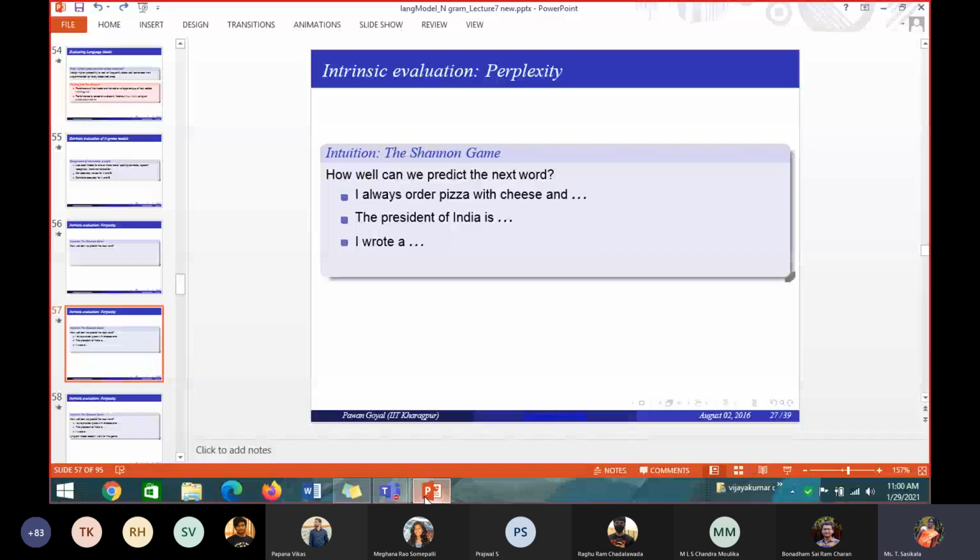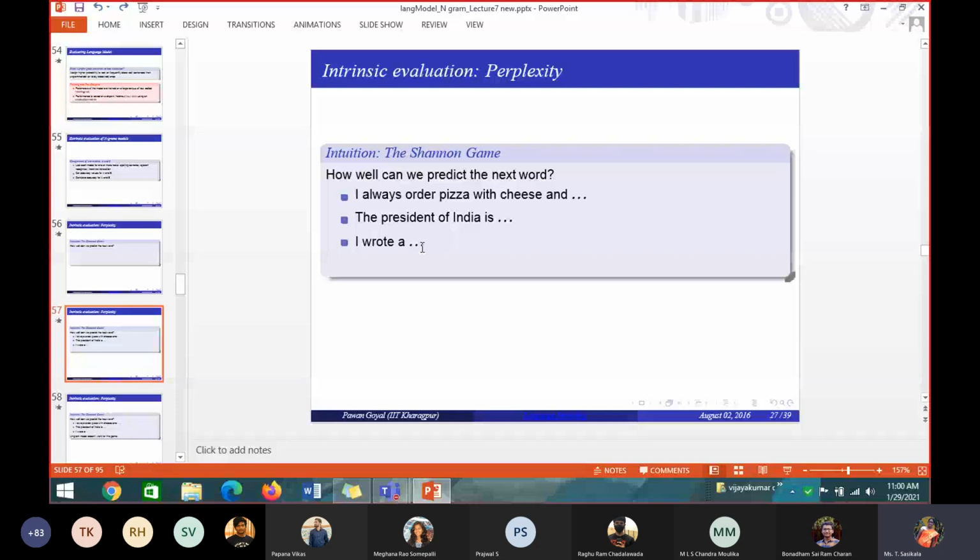These are all the blanks. From my corpus, I have built a language model, and using that model I am giving some test data to predict. Since I know the data, if I write "I wrote ___" from the training data, I know what will fill the blank: I wrote a letter, I wrote a program, whatever it may be, based on what I already have in my training data.